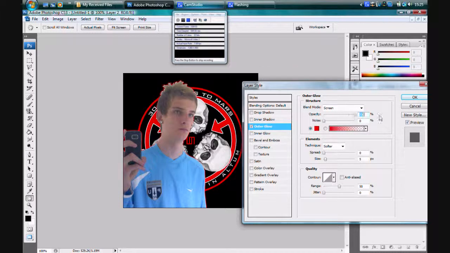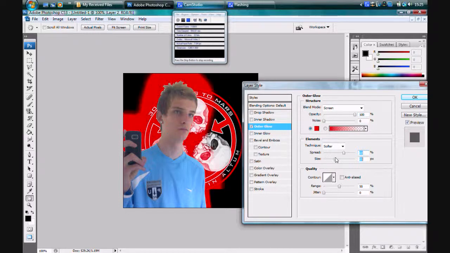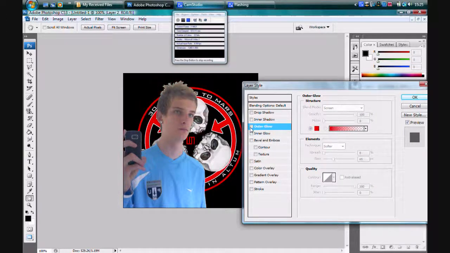So if we put it on full opacity, make it spread a bit bigger, make the size bigger, turn the spread down then. Sort of gives David a cool glowing effect. The range is not really important. That just makes it more subtle the higher it is. The jitter is sort of like noise, but no one cares about it really. So if we turn that off for now, you can just turn them on and off by clicking the tick box, or we could add a drop shadow,